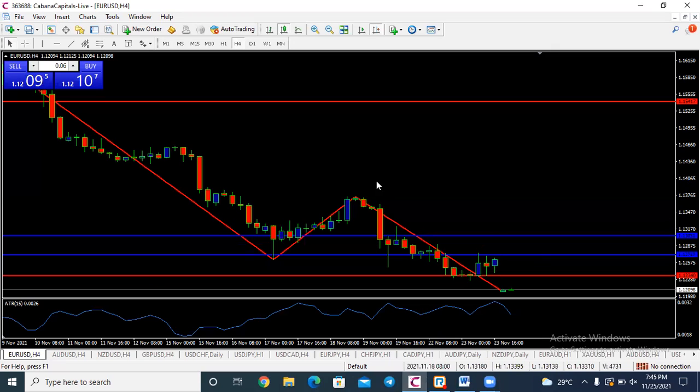So here is a trade setup to sell Euro USD. So this is a spinning top. And when you see a spinning top in an upward trend, you wait for the next candlestick to close bearish before you sell. And if the body of the spinning top is bearish, you can